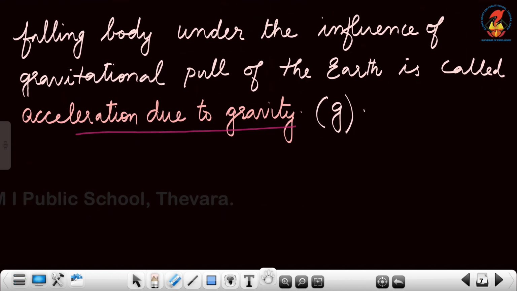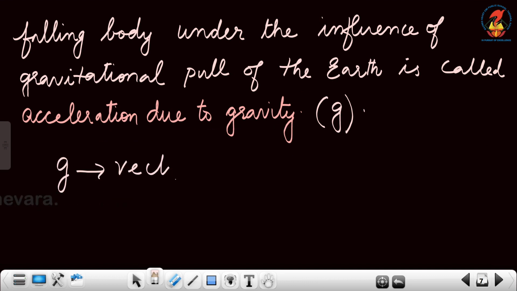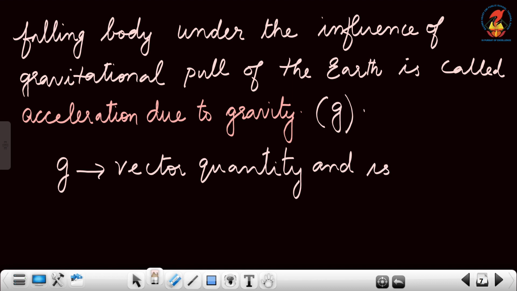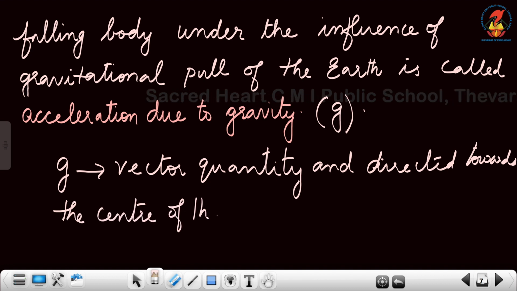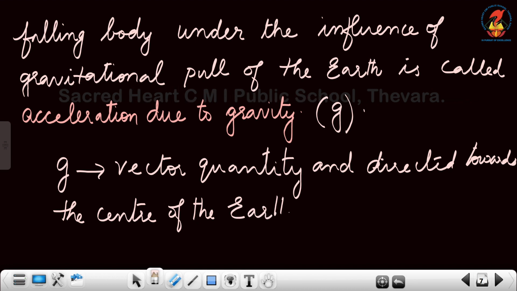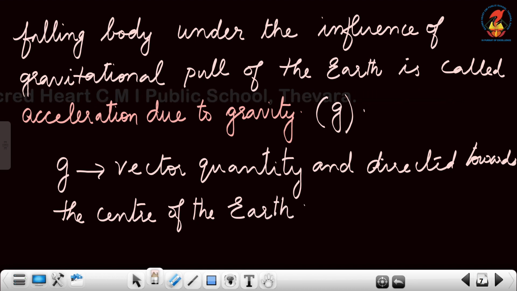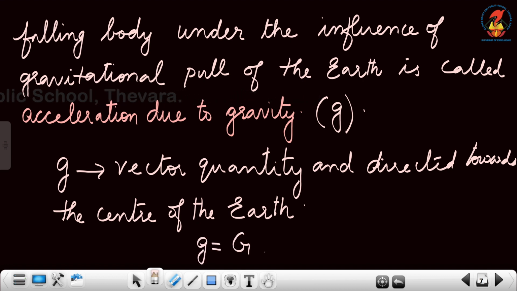Now g is a vector quantity and its direction is directed towards the center of the Earth, and the equation relating small g and capital G is small g is equal to